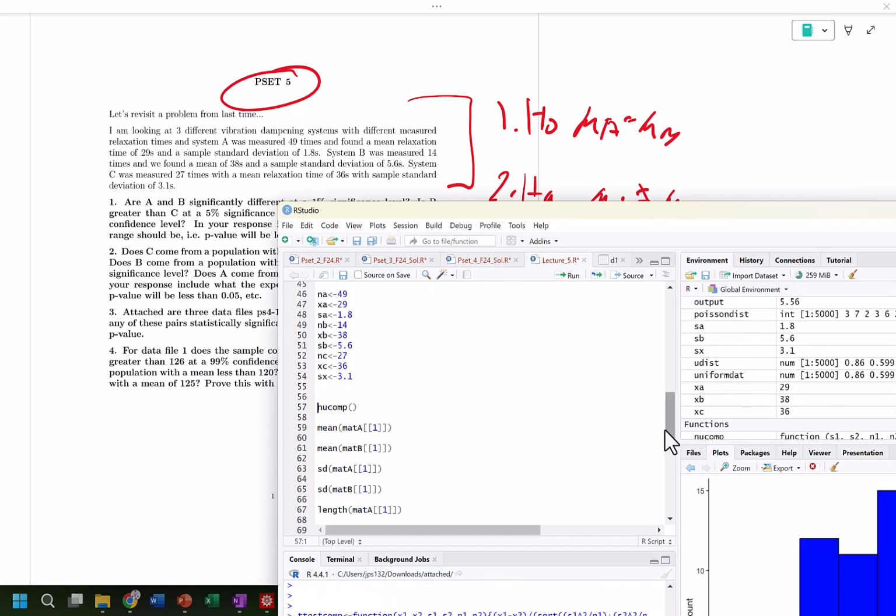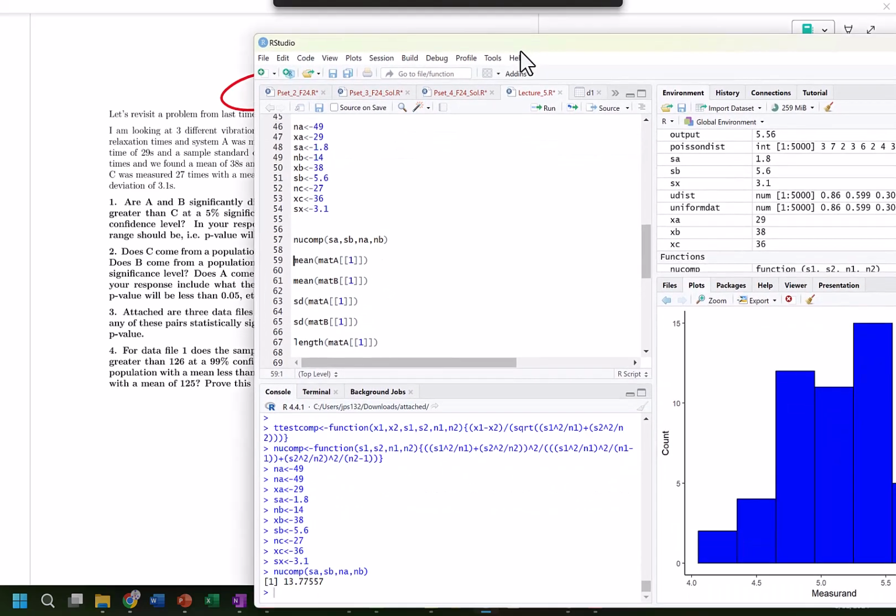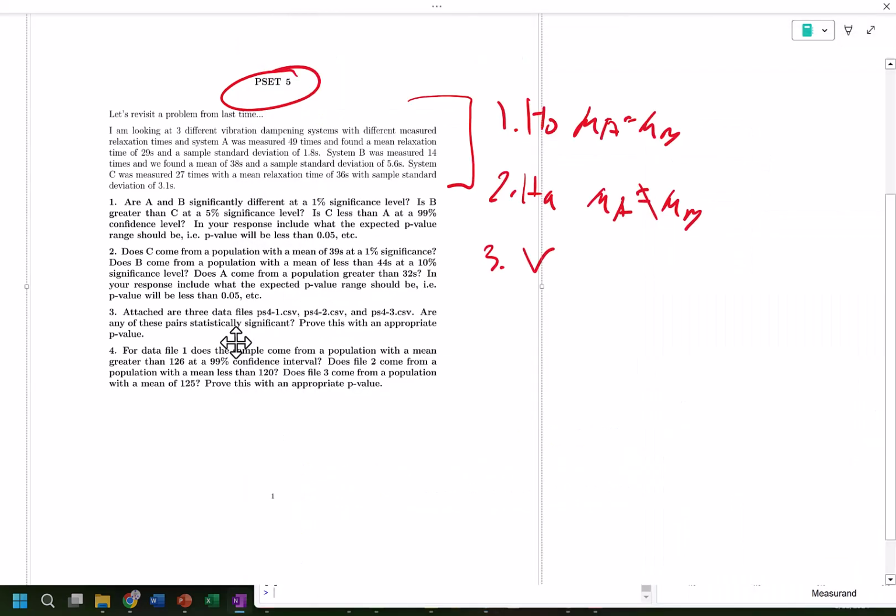So our nu comp is going to be, let's write that again, S1, S2, N1, N2. So SA, SB, NA, NB. Our nu is approximately 14.